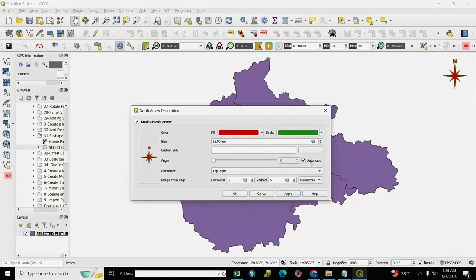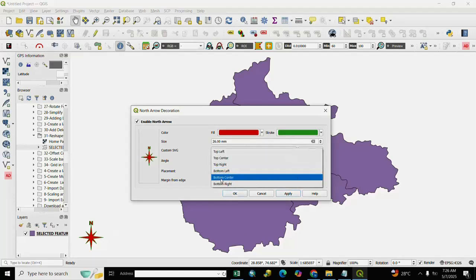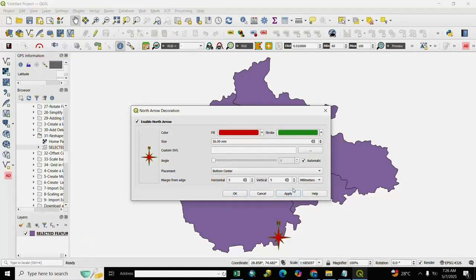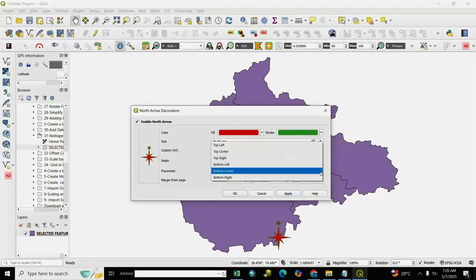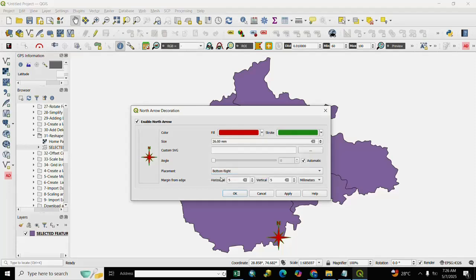You see here right, and top left, select here top left, apply. Here North Arrow is top left, and top center, sorry bottom center, you apply bottom center, and right, bottom right, you select here bottom right as per your choice.